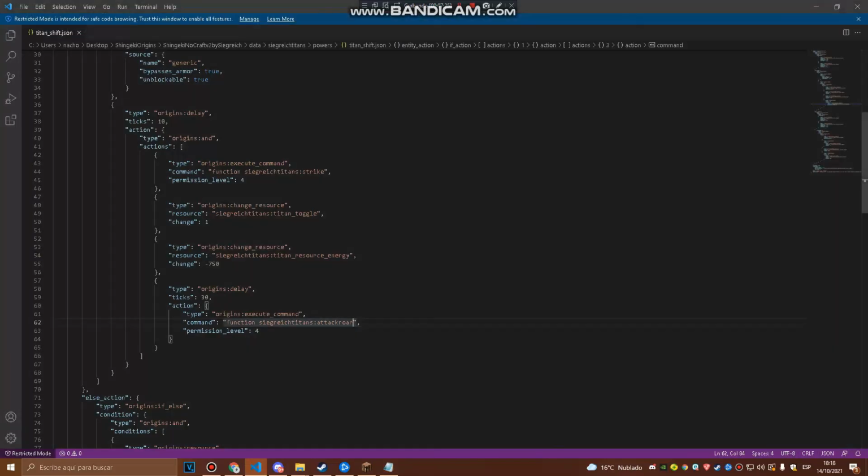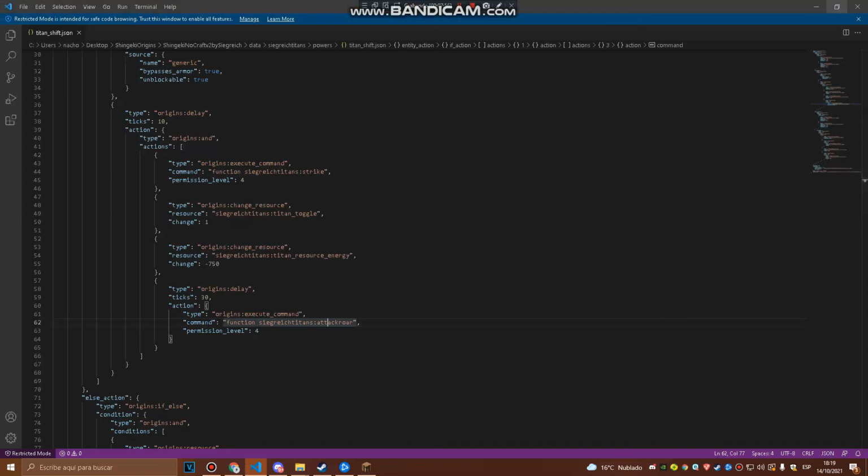So when you use your power, it's going to execute the function. The function is going to execute the command inside. So in this case, it's going to play sound, Secret Titan, source Titan for attack roar, player. In this case, because I want the sound to be heard only by the player. And where do you want to play it? This is near the command. The position, this is on the player, and then the volume and pitch. Okay. When you have this done, just go to your Minecraft, load your data pack, and it's going to work